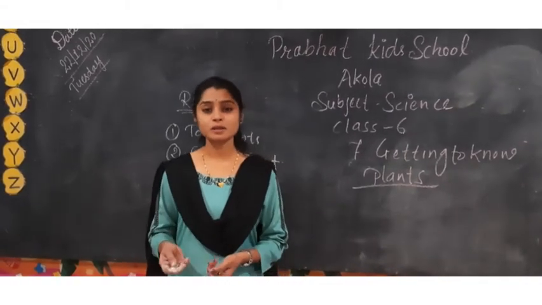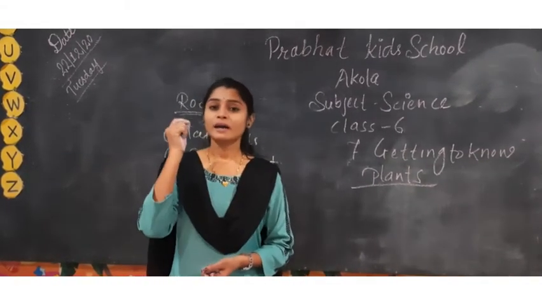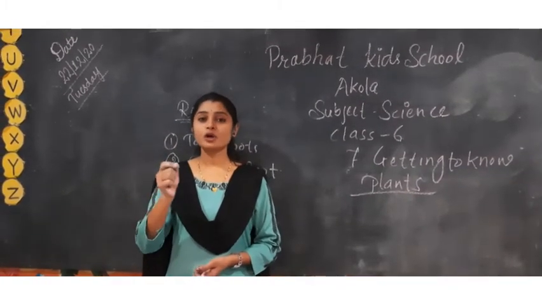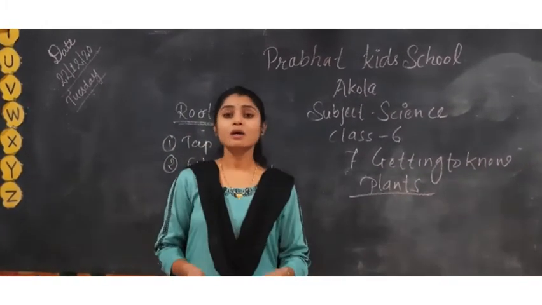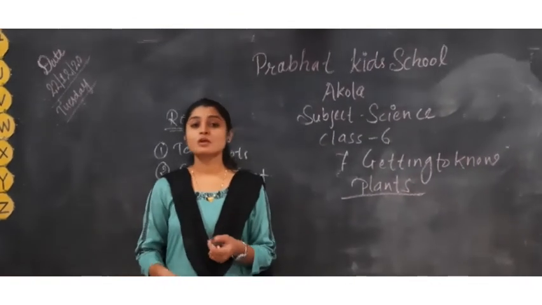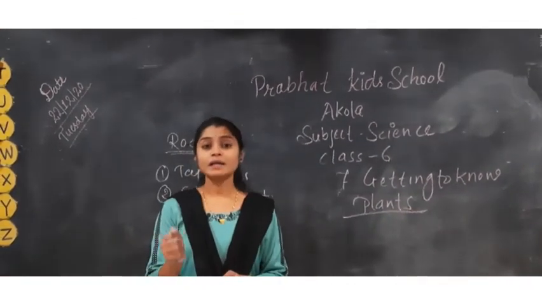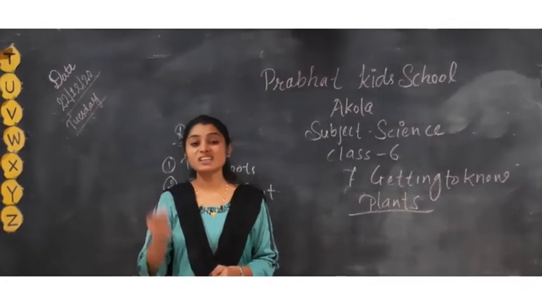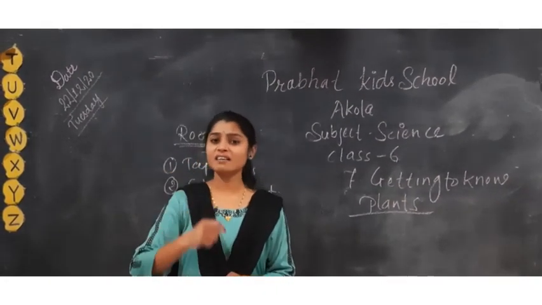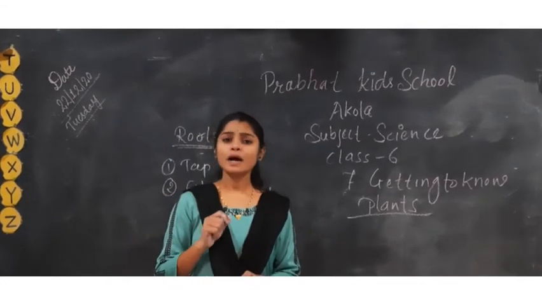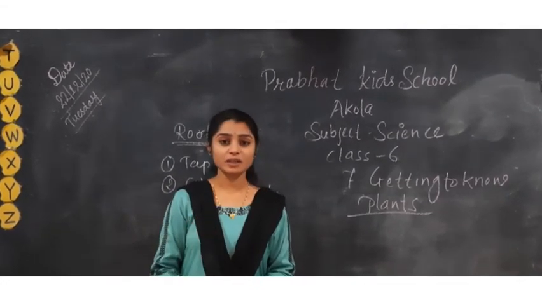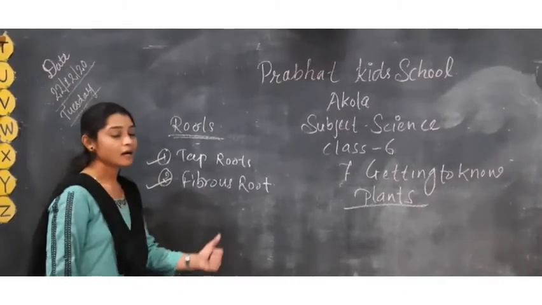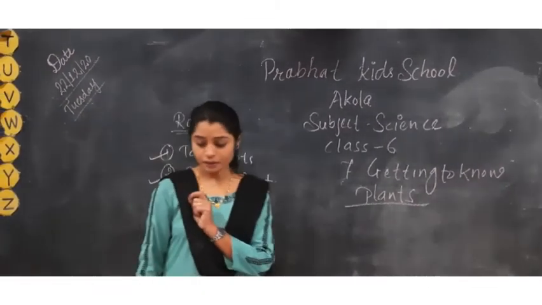If we talk about roots, every plant has different types of root. If you talk about the roots of a mango tree, their roots are very strong and tough. It is the tap type of roots. And if you talk about the green grass, it is easily dug out from the soil. Why? There is a major difference, because the tap root and the fibrous root are the two types of roots.